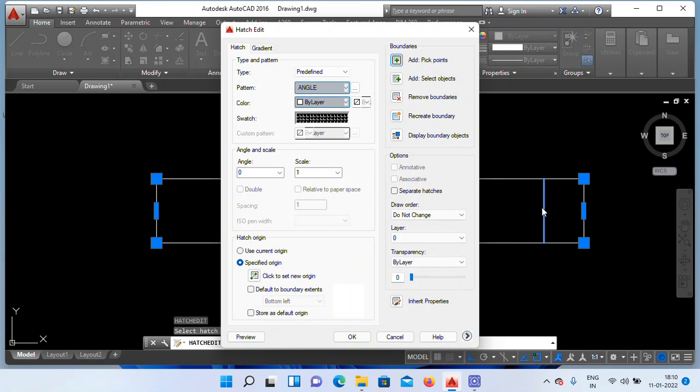Look at the scale column, what is appearing here? 1. Delete 1, right? Give a very small value, 0.05, assume. Click on OK.